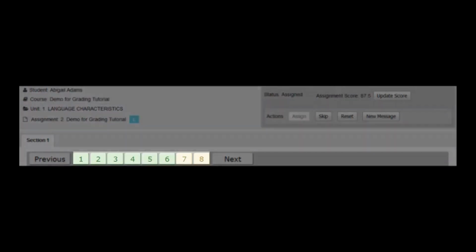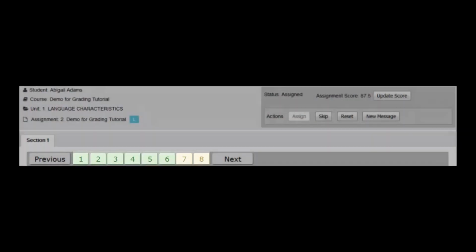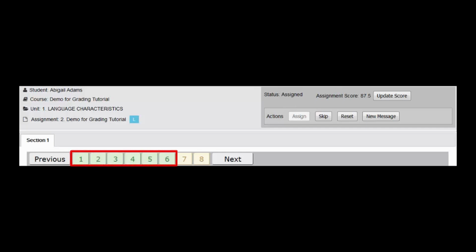Now let's look at an assignment that has 8 questions, 6 that have been answered correctly, and 2 with partially correct answers, which are indicated by the yellow tab color. So for this assignment, each question is worth 12.5% of the overall percentage. So if you take 100, divide that by 8, that equals 12.5. The assignment is showing an overall score of 87.5%, and the following examples are going to show you how this